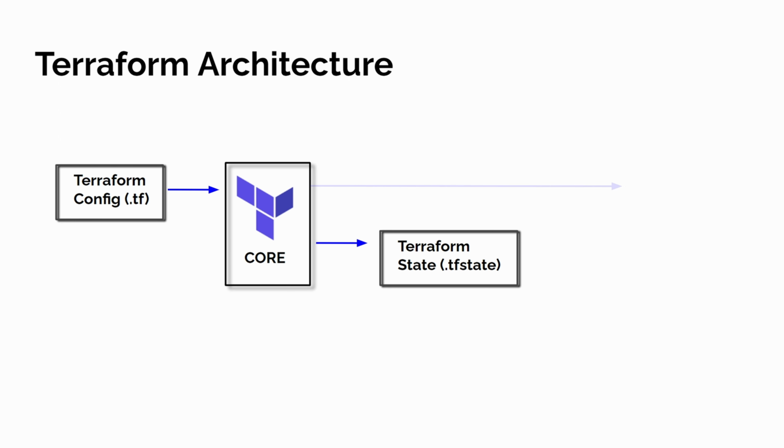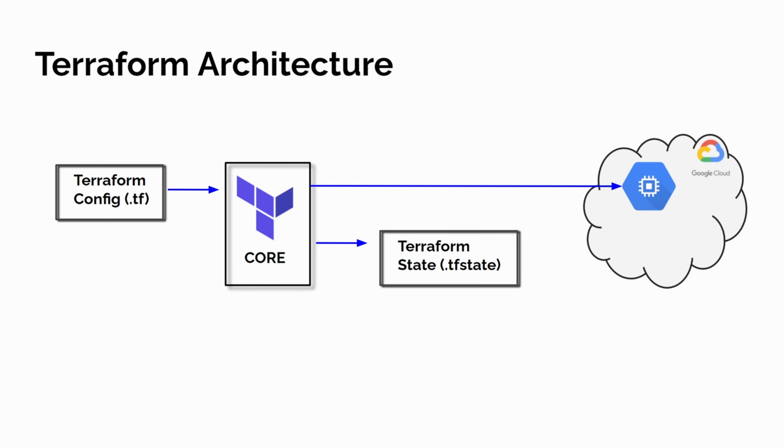and creates a Terraform State file. The Terraform State file has all the information regarding what infrastructure components this configuration file has defined and where it is going to create them. And once the state file is created, Terraform Core then communicates with the cloud provider to create those infrastructure components. In this case, I'm creating a virtual machine in Google Cloud. Let's just say we wanted to create another infrastructure component, which is a storage bucket. What we are going to do is define another resource block